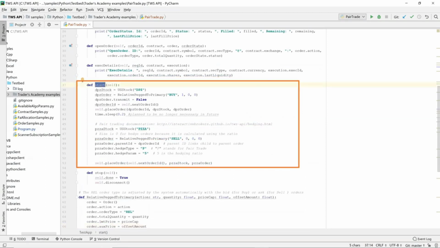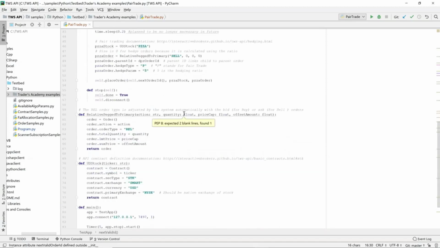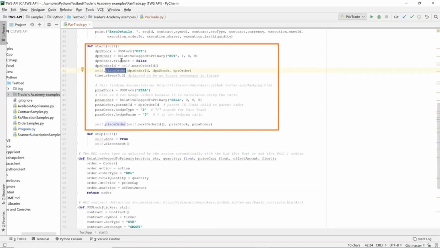Here we first create a DPZ stock contract object using the US stock helper function, and then create a relative order using the relative peg to primary helper function. We set the transmit flag to false, so that this order will not be forwarded to the IB server by TWS before the second order is received. The API order ID used is the next valid ID received automatically after the initial connection is established. So that is where after the initial connection, the next valid order ID was received. Okay, we can then invoke place order to send this order to TWS. So since the transmit flag was set to false, this order won't actually be sent to the IB server. It will be residing in TWS until we send an attached order which has a transmit flag set to true,